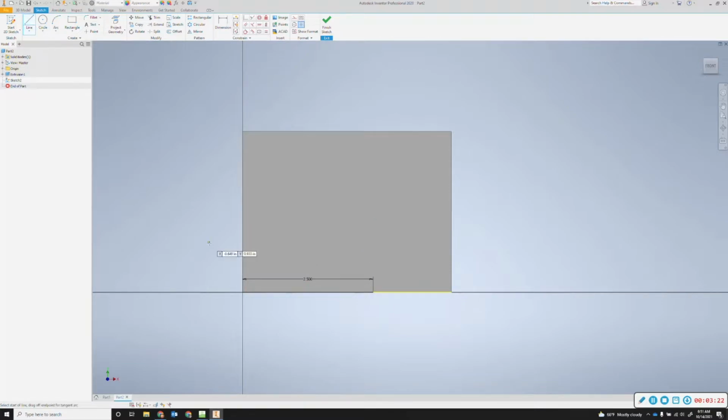Let's go back into line, and I'm going to make a line here that is 1 inch. Okay, let's make sure I get it on the line here. Okay. Now, this doesn't help me. I mean, it helps me, but I'm not done yet. I need to draw